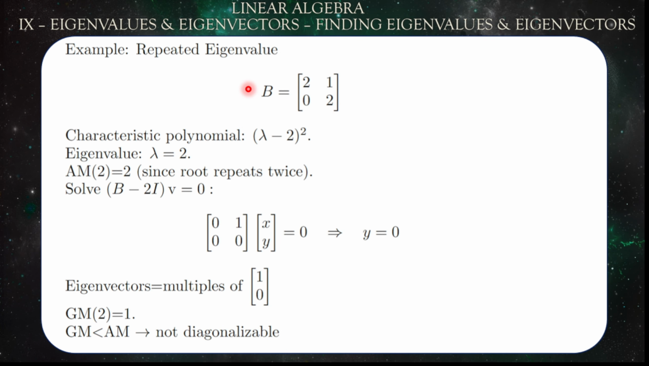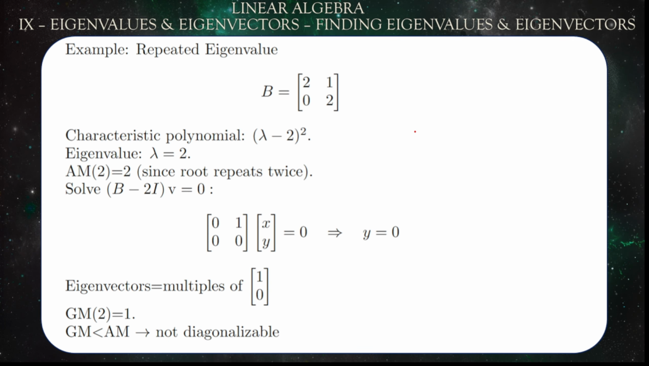Repeated eigenvalues, or eigenvalue. If you have only one that is repeated, let's say you have the matrix B equal to [2, 1; 0, 2]. The characteristic polynomial would be (lambda minus 2) squared. Okay, how did we get that? We solved